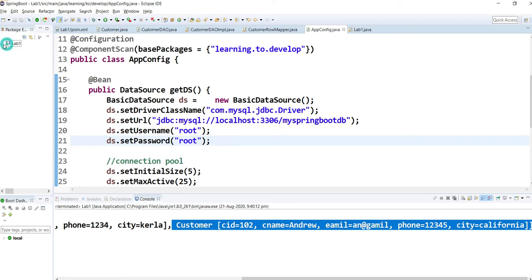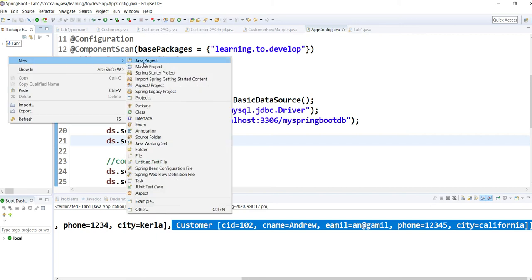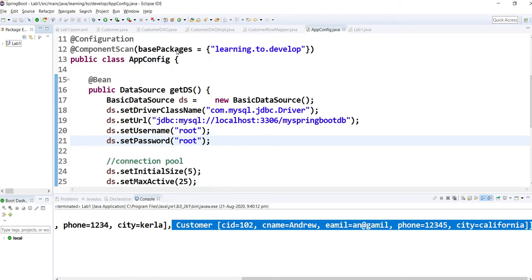So we will be creating another lab, which will be our second lab. We need to create a new Maven project.